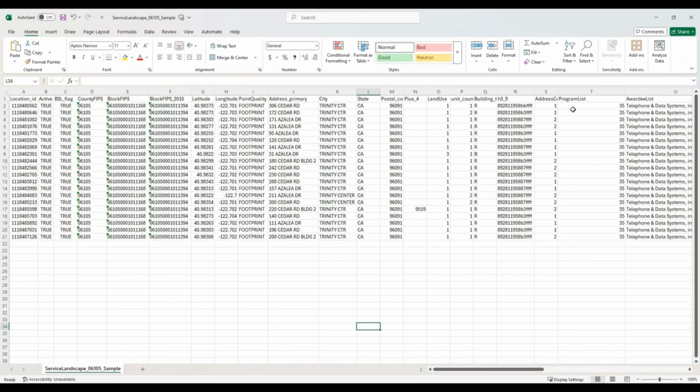Next we have ProgramList. ProgramList identifies if a location record falls within a federal subsidy program based on the data from the FCC's National Broadband Funding Map. Programs are defined by number. For example, for this location record we see 35, and 35 represents the Enhanced Alternative Connect America Cost Model. You can go to the data dictionary to understand what number is associated with each program, and all the programs